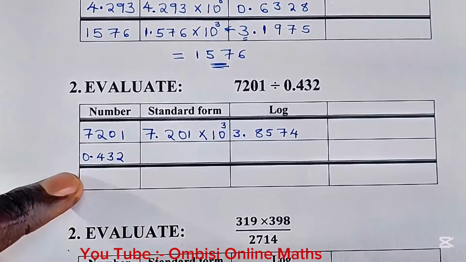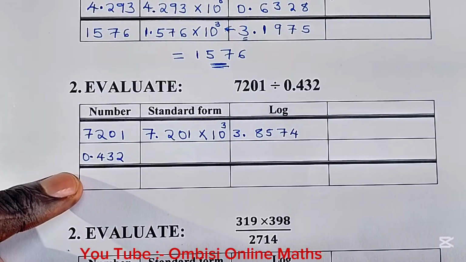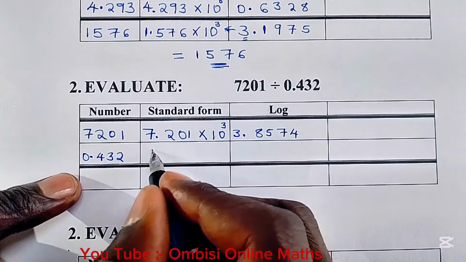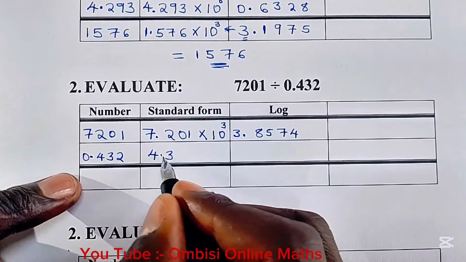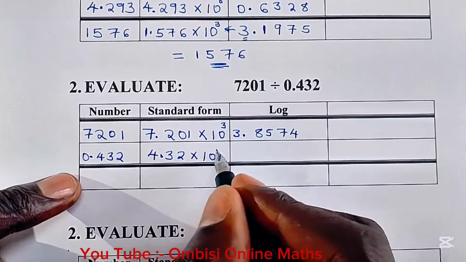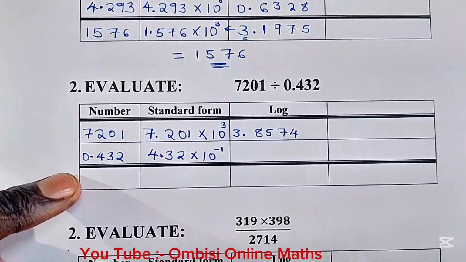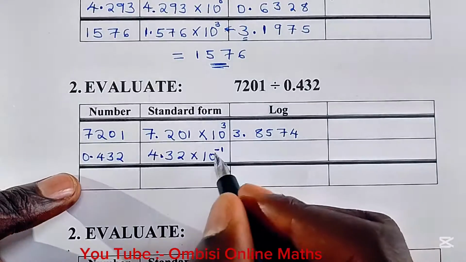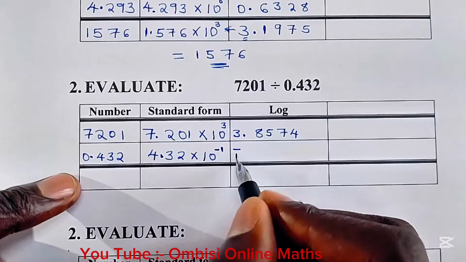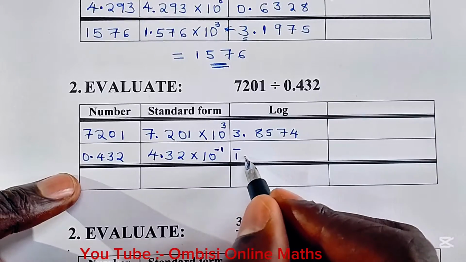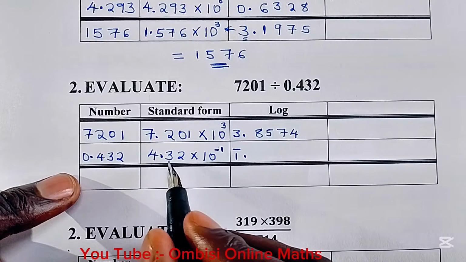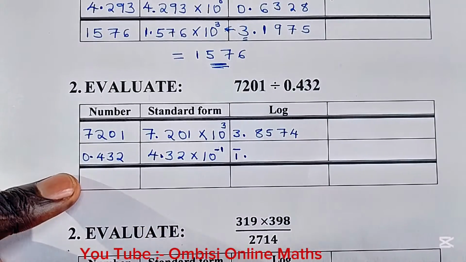Our next number is 0.432. It is outside our standard form range. So move the decimal point ahead 1 step and you end up with 4.32, then times 10 raised to -1. So it means that our logarithm will have bar 1, that is the -1, bar 1, point. Read the logarithm of 4.3 in the column of 2. It is going to give us